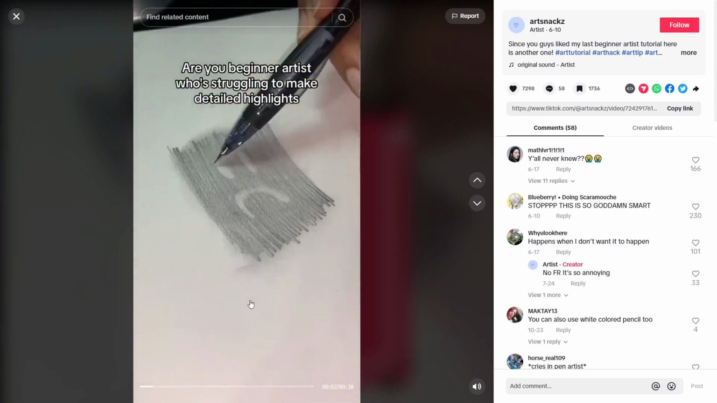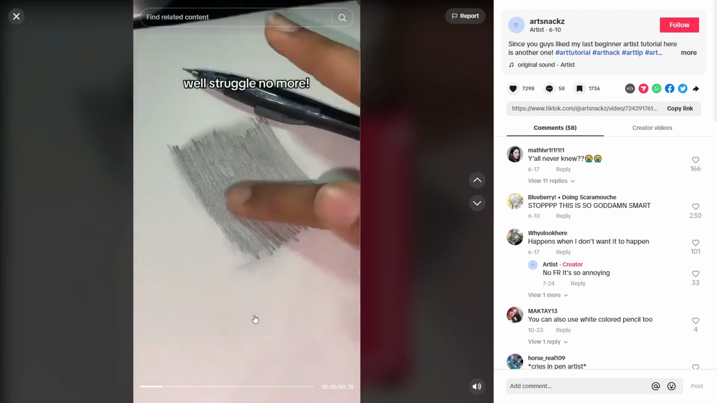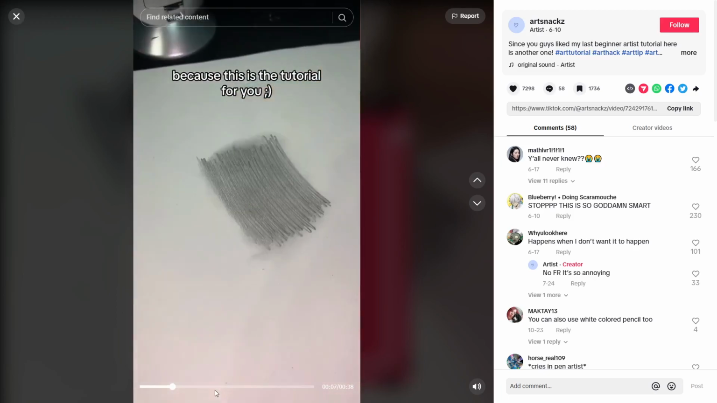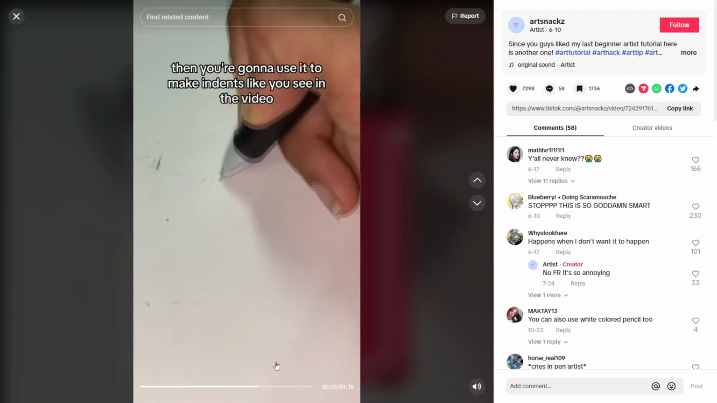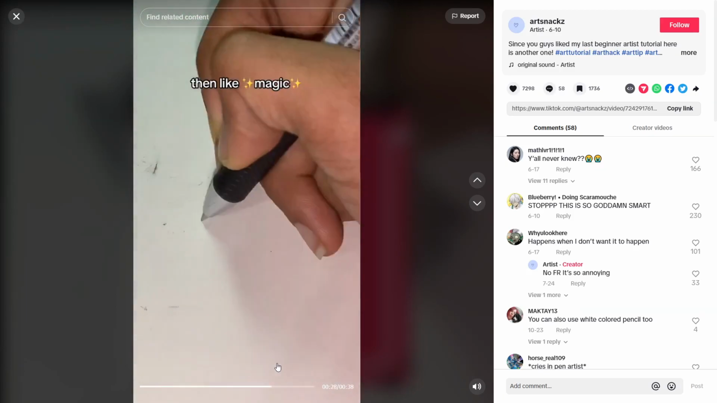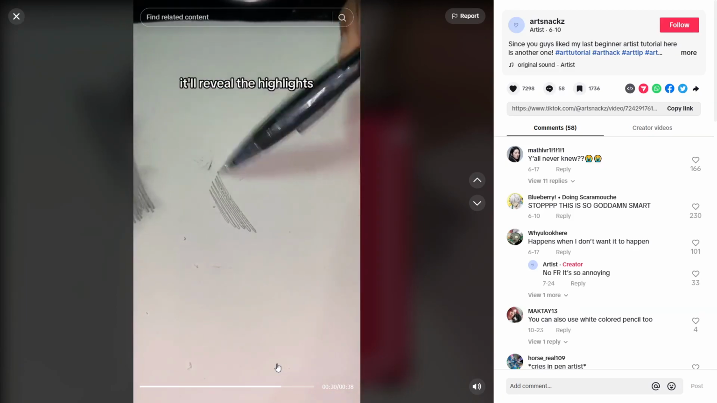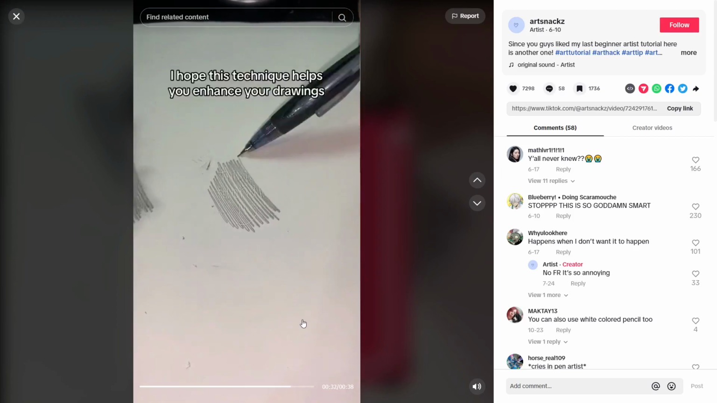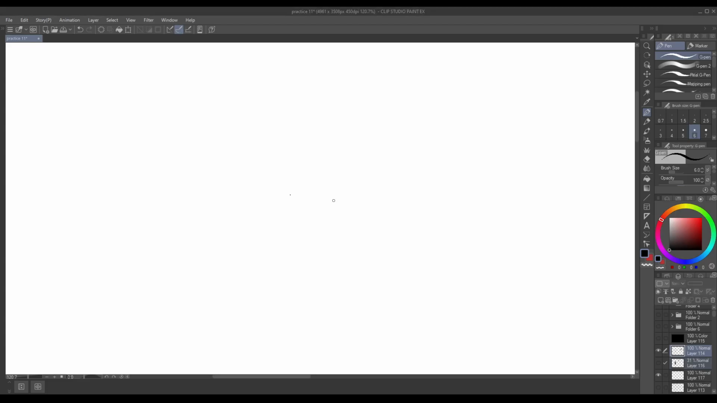Okay, so this video is about drawing highlights with your eraser in traditional. So they're using an empty pen to make indentations in the paper, and then when you draw over it, it reveals the highlights. Interesting. I mean, you can't argue with the results, but there is actually something else that you